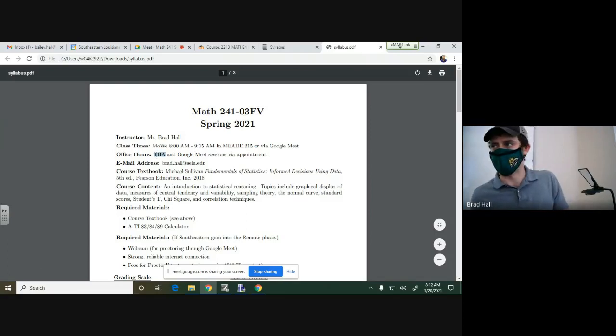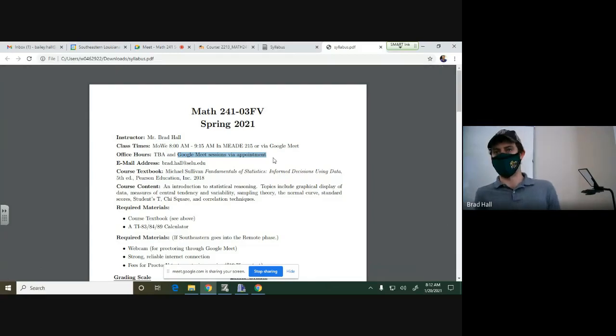Office hours, I still need to figure those out. That's still contingent on a few things, but mainly if you ask me questions or if you want to schedule a Google Meet. I haven't been told whether we can have physical office hours yet, where you can actually come to my office, which I think I've only had 5 students in 2 years ever show up, but I believe you can now. I believe they're a little bit looser on those. I'll have to check, but that's a thing as well.